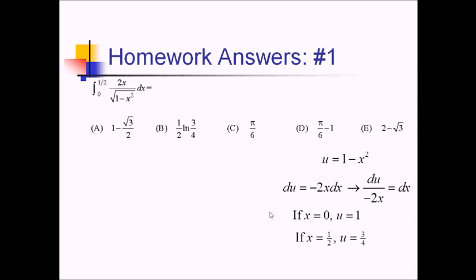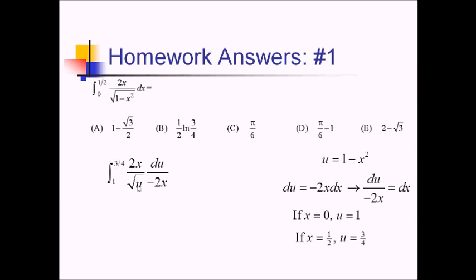So now substituting everything back in, I'm going to have the integral from 1 to 3/4 of 2x over square root of u times du over negative 2x. All right, let's simplify this a little bit. These 2x's cancel. I still have a negative 1, so I can rewrite this as negative integral from 1 to